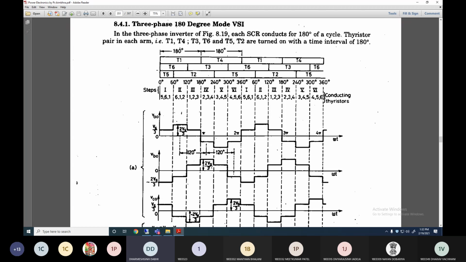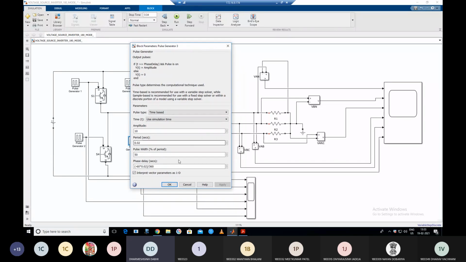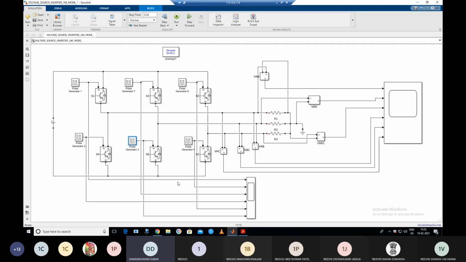Now in the previous cycle, for how much duration is it conducting from this point? Yes, 60 degree. So what is the phase delay? Minus 60. Yes, very good. It is minus 60 because in the previous cycle it is conducting. Clear? So we take the phase delay for switch number 6 as minus 60. You can see that here, and convert it into seconds. All of you clear this one? All the gate pulses for all the 6 switches? All of you clear? Any doubt? Yes, sir.